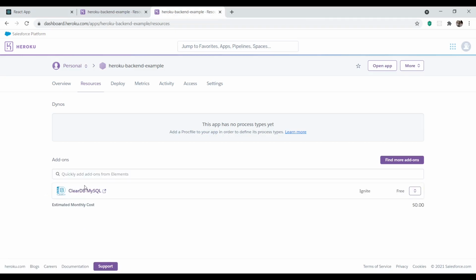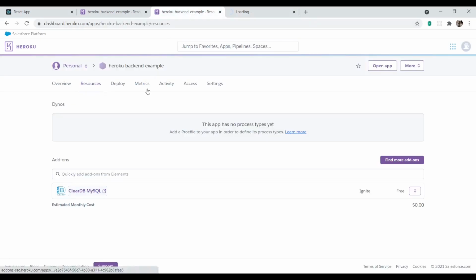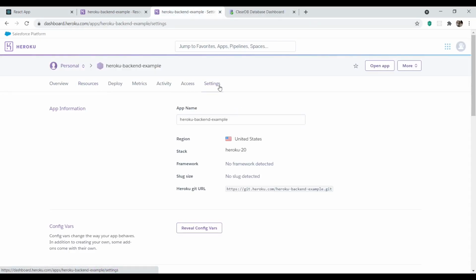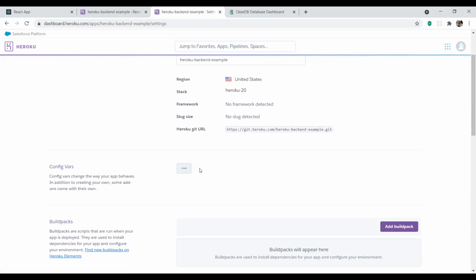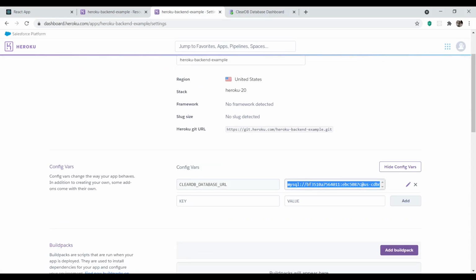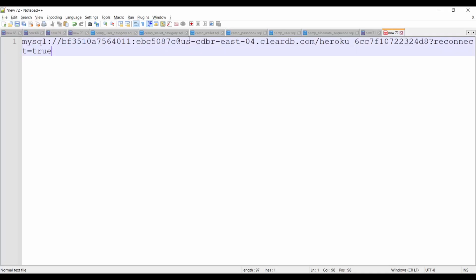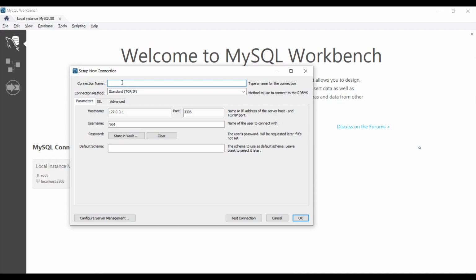Now once you have added your MySQL database here, you can click on that, as well as go to Settings and then Reveal Config Vars, and you can just copy this. Here, this is basically your host URL. So let's set up a new connection.